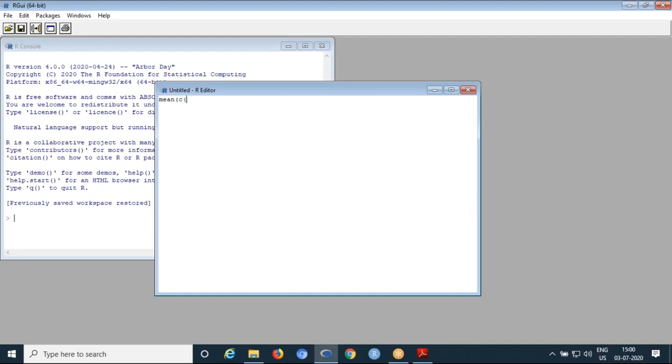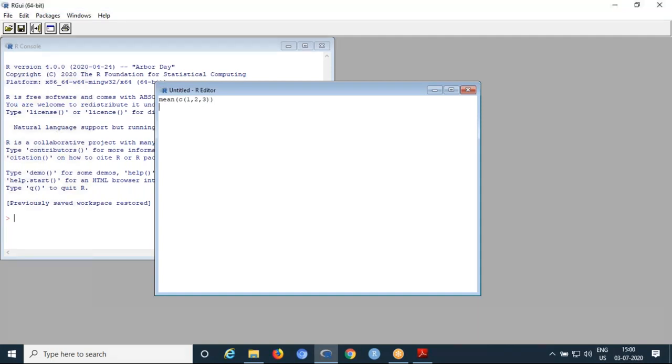One is mean of c(1, 2, 3). So now the first line is mean. Second one for variance, var of c(1, 2, 3). Like these two lines, you can type any number of lines here.